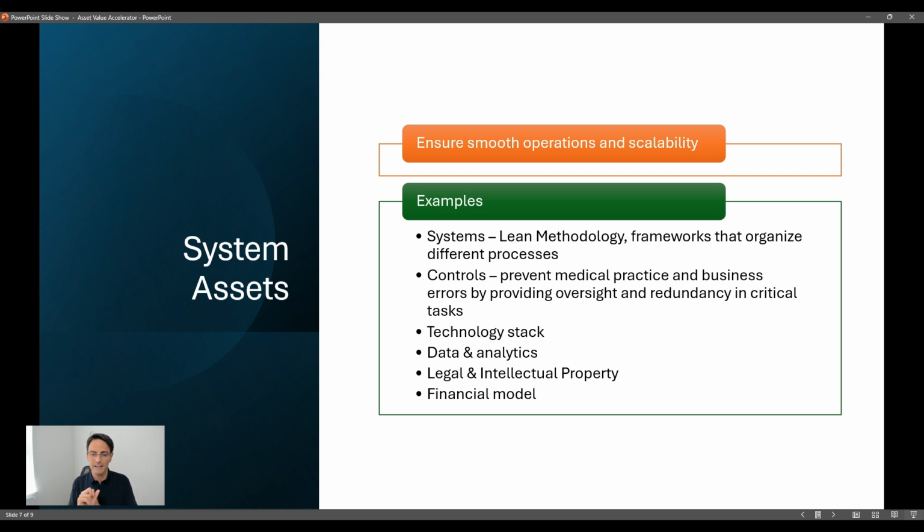So systems that are lean and that increase the value that we provide patients in an efficient and low cost way. Systems are basically a framework that organizes different processes that make your business run very efficiently and provide maximum value to your patients. Controls are there to prevent medical practice and business errors by providing oversight and redundancy in critical tasks. So if you have large money transactions, you want to have redundancy in the people that oversee that transaction. You want people that are unrelated and that are responsible for